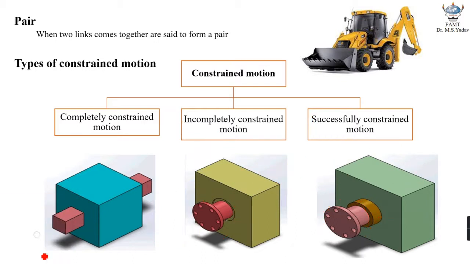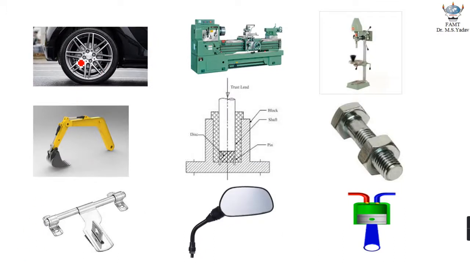Now let us go and understand the different practical examples. The first practical example is a tire which is rolling around the axle. Obviously the tire can only turn in clockwise and anti-clockwise direction, right? So this becomes the best example of a completely constrained motion. The second practical example is a lathe machine, especially this tailstock, which can only slide with respect to the bed. So it becomes a practical example of a completely constrained motion. If I think of this drill machine and the chuck of a drill machine, then it can only move in up and down direction. So it becomes a